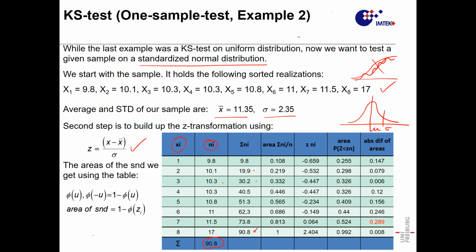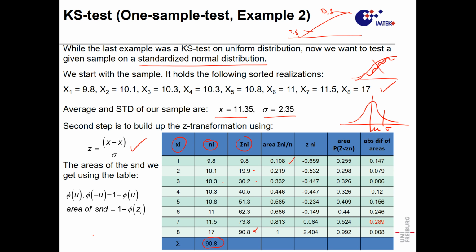So if your distribution is whatever it is, the first value here will be 9.8, and the final value will be 90.8, right? So now you have your values. Now you have to calculate the area under these values. So to calculate the area, you get all this divided by your maximum value. Okay, so it's kind of normalizing that, right? So 9.8 divided by 90.8 is